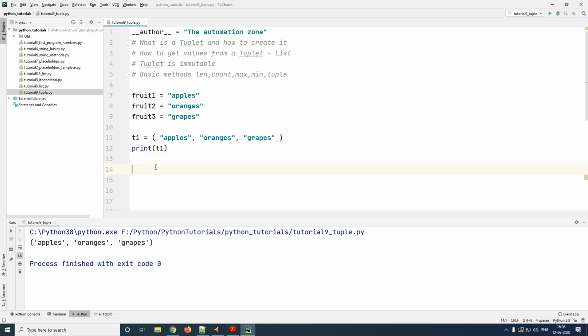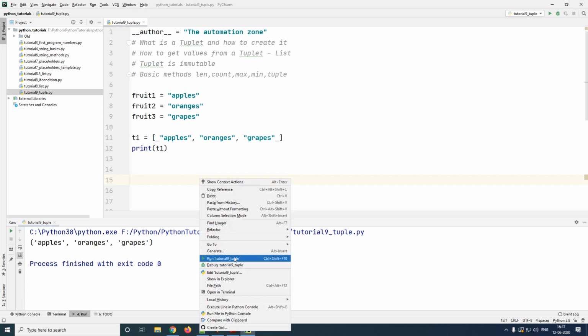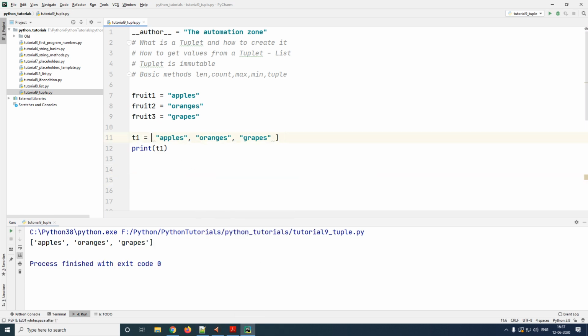By now you might have noticed that a list and a tuple in Python are very much similar. Where a list has square brackets, your tuple has curve brackets. For example, if I were to change these curve brackets to square brackets, t1 would become a list. The second difference is that in a tuple, once you create it, the values cannot be changed. So these values are static. This is not like a list. In a list you can add or delete values anytime during your execution. This will make your tuple execution much faster, but on the flip side, a tuple will have fewer methods compared to a list.